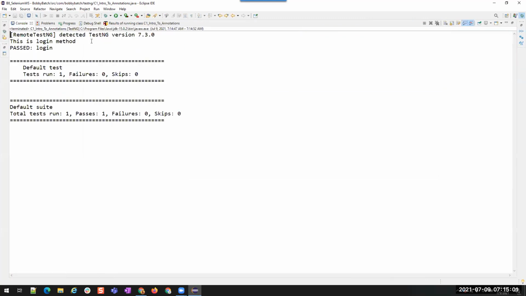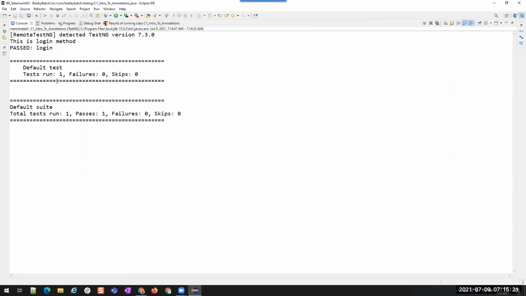Let us see the console. You see, this is login method. This is the console statement that we wrote, and you see the status is also being printed here. Passed, because there is no exception and no failure. So this is the status assigned to this login method.